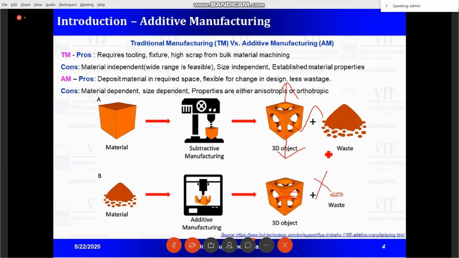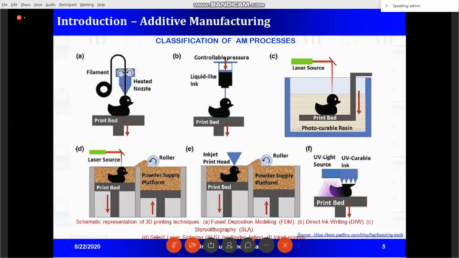But you can do some thermomechanical treatment. That is, after printing, you heat treat it and apply isostatic conditions or some atmospheric condition, which will enhance the strength of the component. So strength-wise it has a limitation, but research work is there to improve the strength of additive manufactured components. So with this we conclude the introduction part, from which we could understand the importance of additive manufacturing over traditional manufacturing and what uniqueness you have in additive manufacturing.